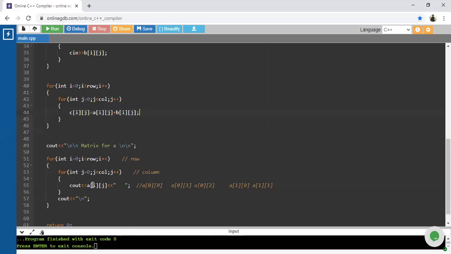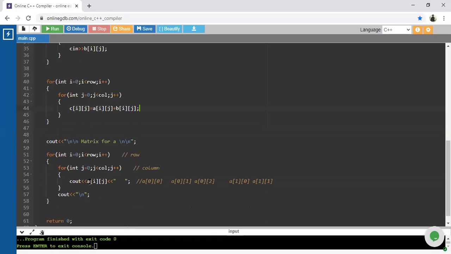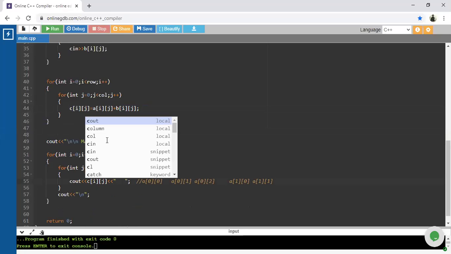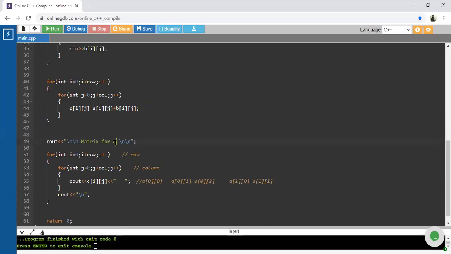Now we want to display that data or output. So instead of A, I will display it as C. This is nothing but the addition of matrices. It will display in a better way.